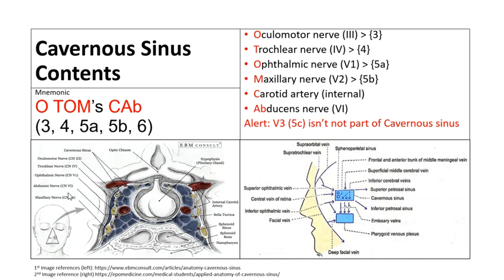So because of its connection with the facial vein, so here the facial vein connects to the superior ophthalmic vein, and then it drains right into the cavernous sinus. So it is possible to get infections in the cavernous sinus from an external facial injury, specifically the area called